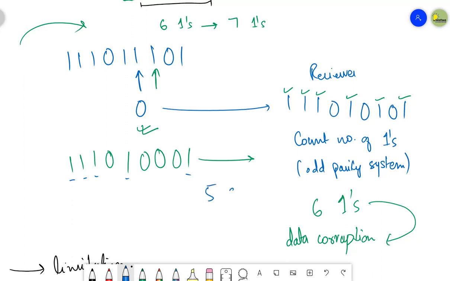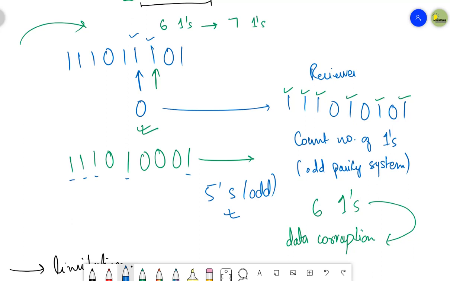When the receiver counts the total number of ones, it is odd. We know that the data has been changed. Why? Because two bits are changed. We have sent two ones, whereas during the transmission, two ones turned into 0. But when the receiver counts the total number of ones, it remains odd.